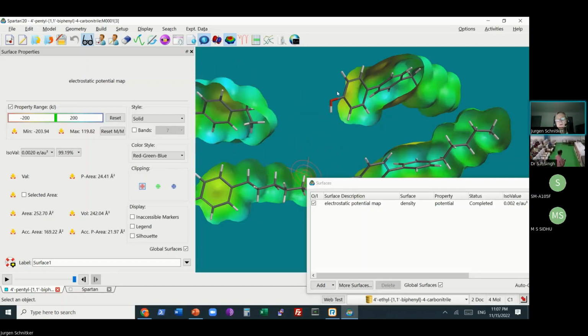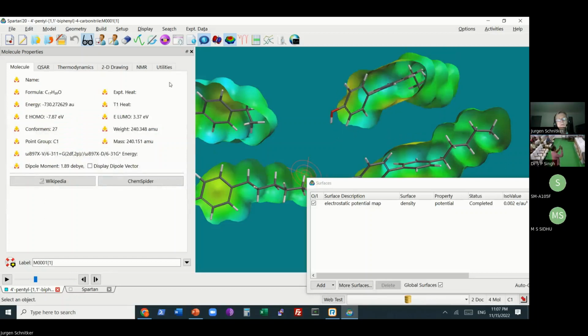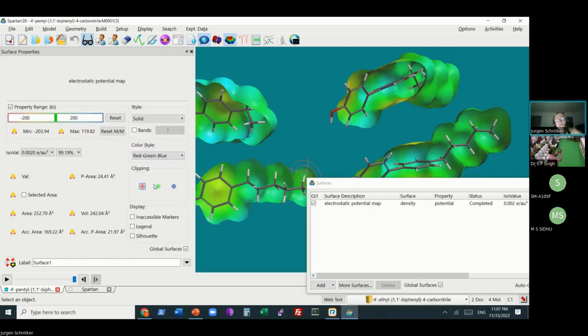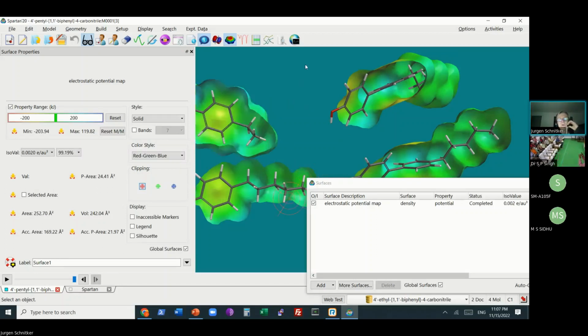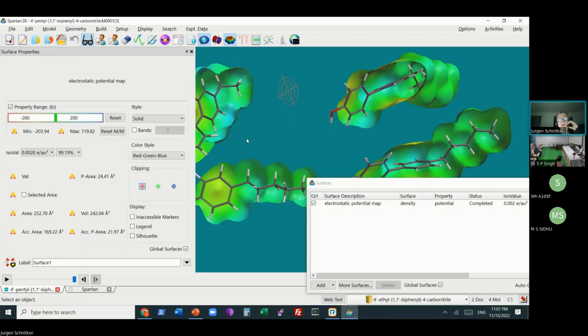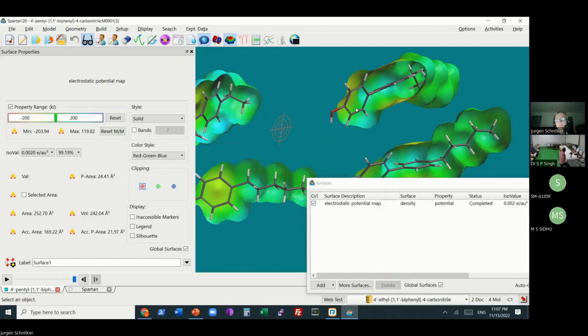This feature has actually been in the program only since Spartan 18 or something like that. It hasn't been there forever. It was sort of a hidden developer option. Now it's available to everyone. So it's one mouse click, if that is what you mean by open surface. Okay, sir. Thank you, sir. I've got my answer. Okay, sure. She has got it.